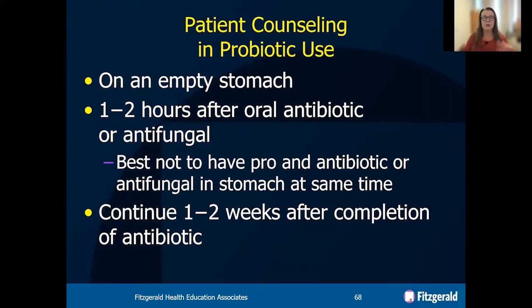So what do you want to do if your patient's particularly taking a probiotic supplement is how should they take it? They should take it on an empty stomach. If you are going to prescribe it, like the person's not taking any probiotic and you're prescribing an antibiotic, what you want that person to do is take the probiotic 1 to 2 hours after the oral antibiotic or the oral antifungal. And the idea behind that is you don't want the probiotic and the antibiotic in the stomach at